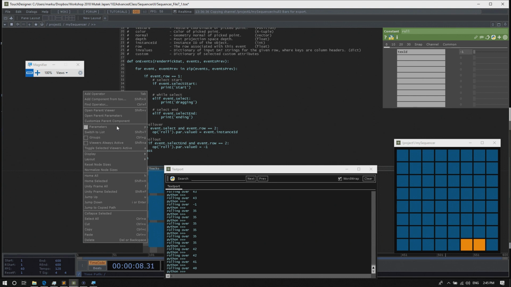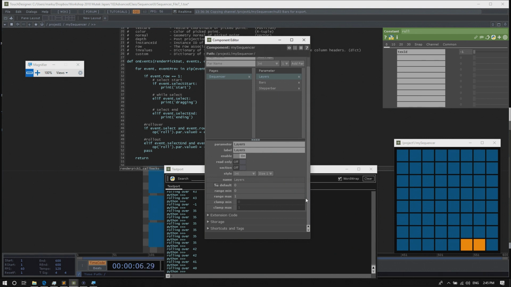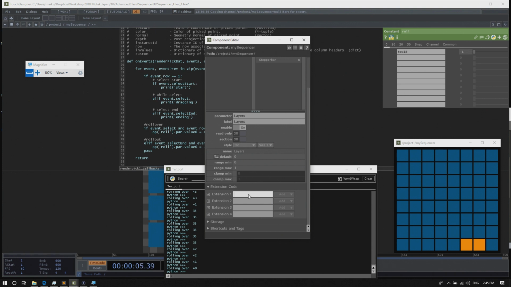So right-click somewhere in the pane and select customize parent component. で、このエクステンションを使うために、さっきやったのと同じように、またカスタムパラメータの作るためのカスタマイズペアレンツコンポーネントを選択してこのダイアログを開きます。 And down here at the bottom, there's this extension code, which will expand by clicking on it. で、ここの下の方にエクステンションコードというふうに書かれている場所があるんですが、そこを選択して開いてください。